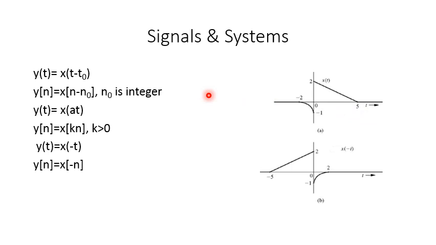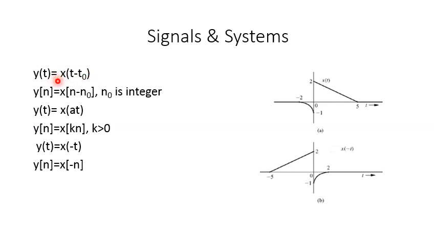The next thing we discussed was about the operations performed on the independent variable. You understand, in the case of a one-dimensional signal, we have one independent variable, right? Which is t if we are in the time domain, and if we are in the frequency domain, then it is frequency. And one is the dependent variable, which is the signal itself. So we talked about three different operations on the independent variable, right?